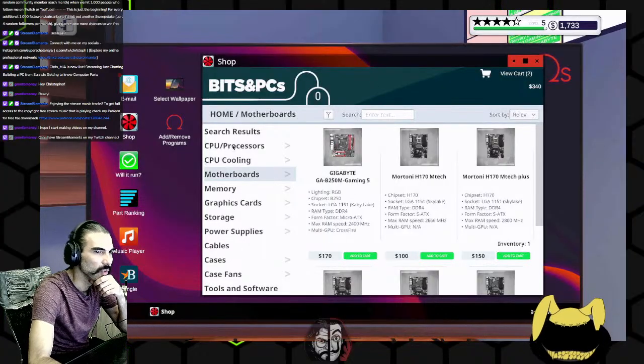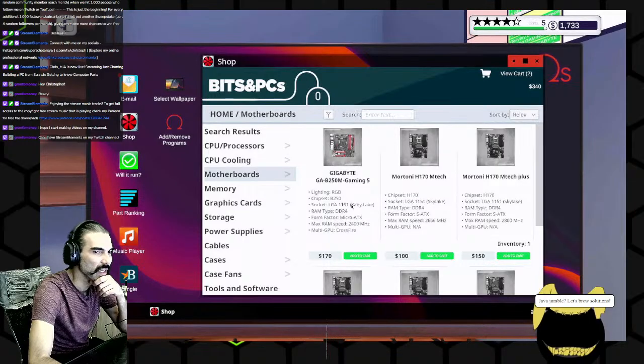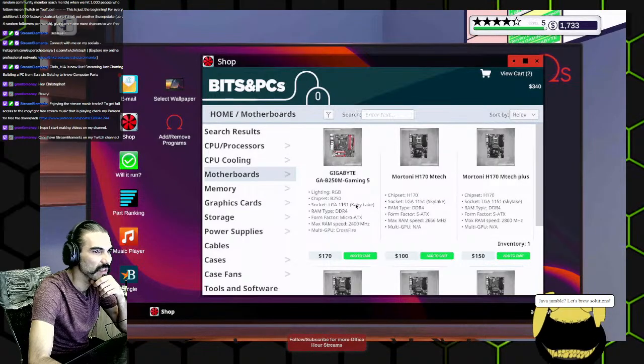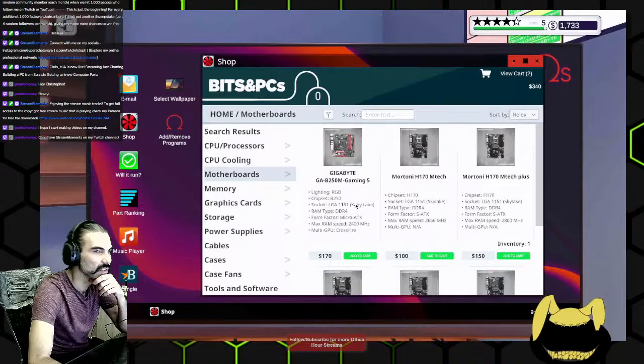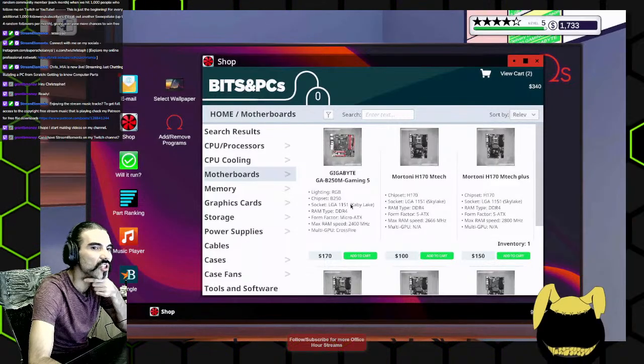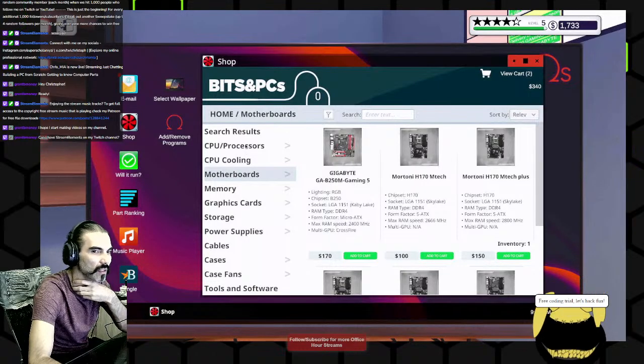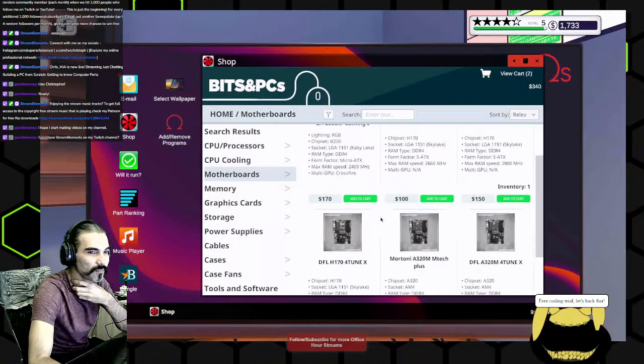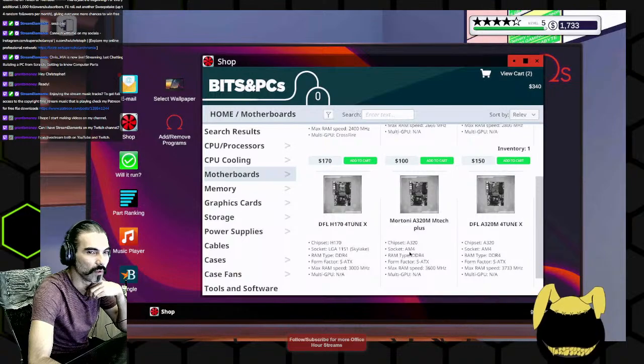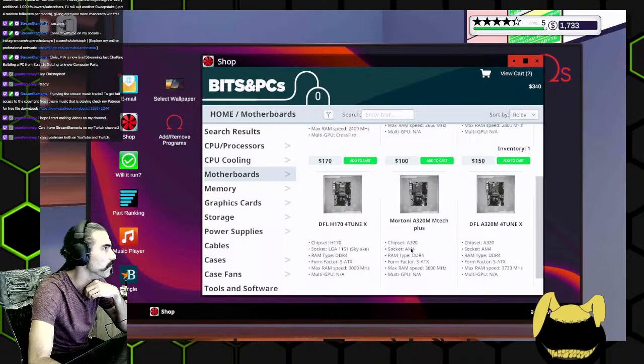So we're getting the motherboard. We got a LGA Kaby Lake. That's basically just the type of connector the processor should have, which is compatible with our Intel. There's another type, the AM4 or AMD based